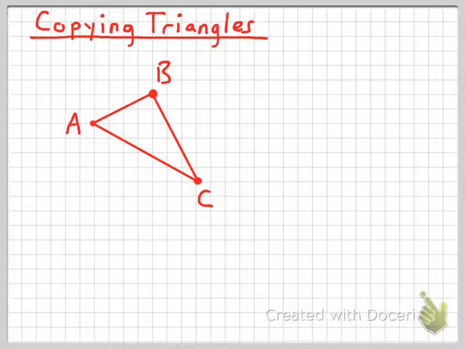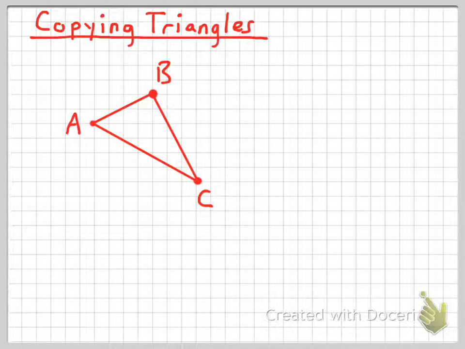We know that two triangles are congruent if all the sides of the triangles are congruent to one another and all the corresponding angles of the two triangles are congruent to one another. But it turns out that you can know two triangles are congruent without having to measure every pair of sides and every pair of angles. Instead of proving that all three pairs of sides and all three pairs of angles are congruent, you can take certain sets of three measurements